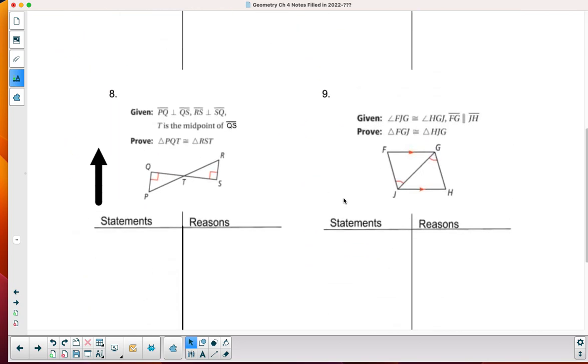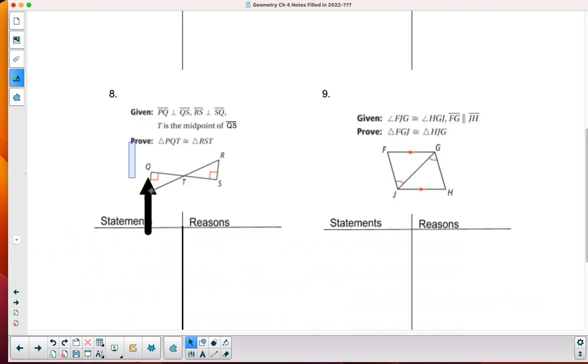Now, in this next one, in number 8, we have perpendicular sides, and these perpendicular sides create right angles, and all right angles are congruent. So we're going to have to do the perpendicular 2-step here. T is the midpoint of segment QS. So if T is the midpoint of segment QS, we got to look that over and go, okay, that's going to be the midpoint of segment QS. So if T is the midpoint of QS, I now know that QT